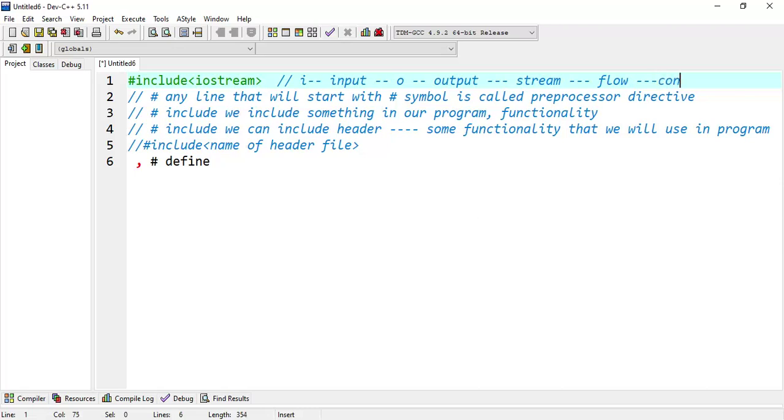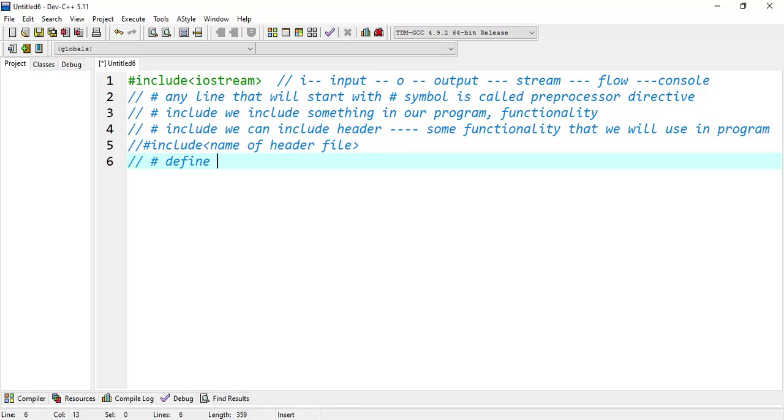That screen is called the console. So using this file we can write anything on the screen and we can read something from the screen. So using this functionality we have included the iostream file in our program and we can easily read and write from the console.